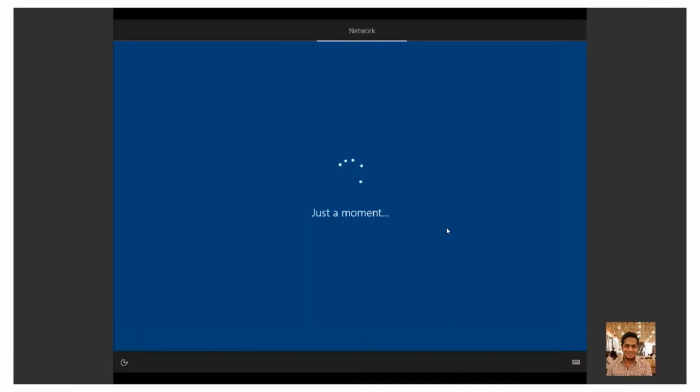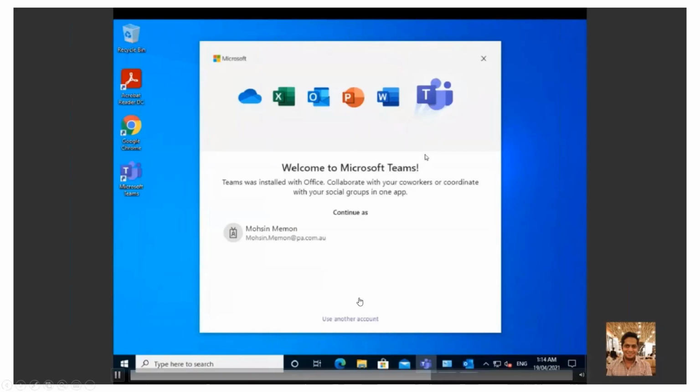Now, that profile information will include all the application. It will also include all the settings. So for example, like for PA, we also have a VPN connection. So it will start downloading the VPN connection information. It will start downloading all the application like Microsoft Teams. It will start downloading the application like Outlook, Chrome, or Adobe Reader, etc. The other good thing with this whole configuration is it will also make sure the machine gets joined to the domain. So as you can see now, the machine has downloaded the profile, and we've come to a screen